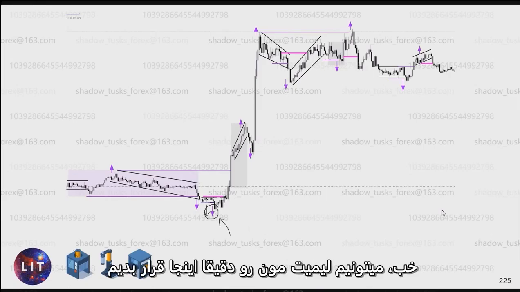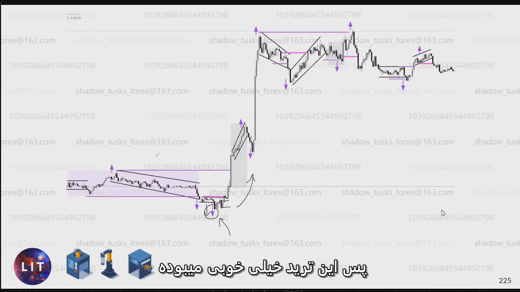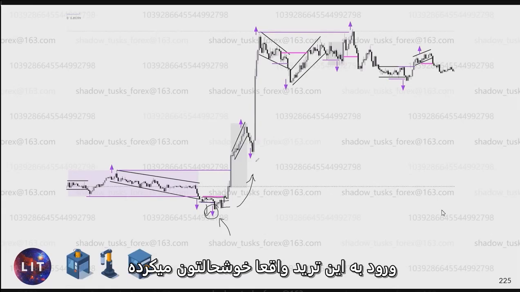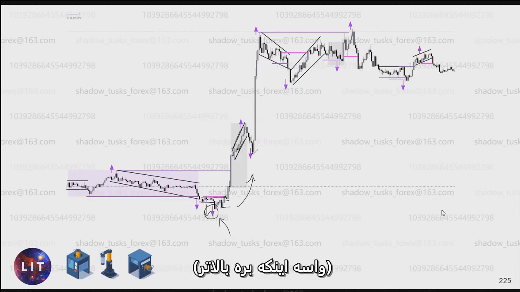So we can set our limit right here. Boom, boom. Mitigation instantly gone. Okay, so this would be a very nice trade. You'd be very happy getting in this trade. And then again, we have build up into inducement low for it to continue higher. And now we've got build up,